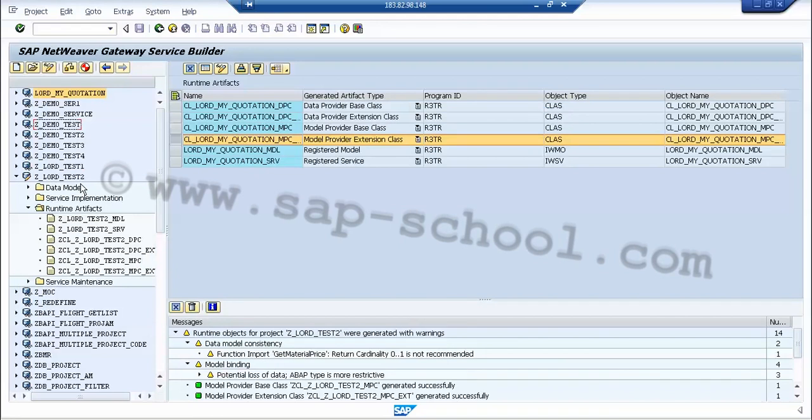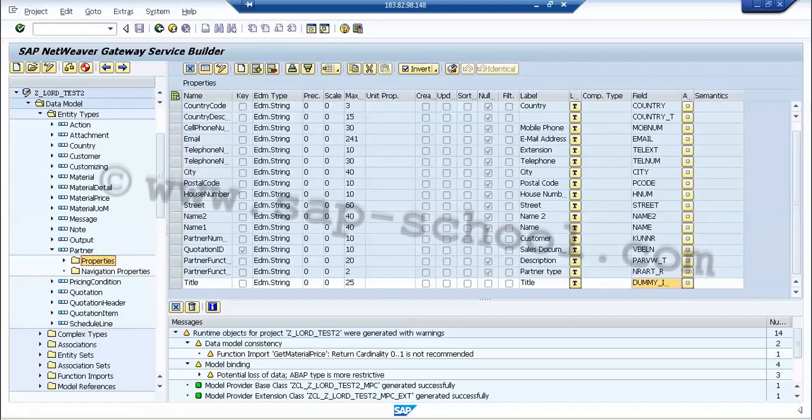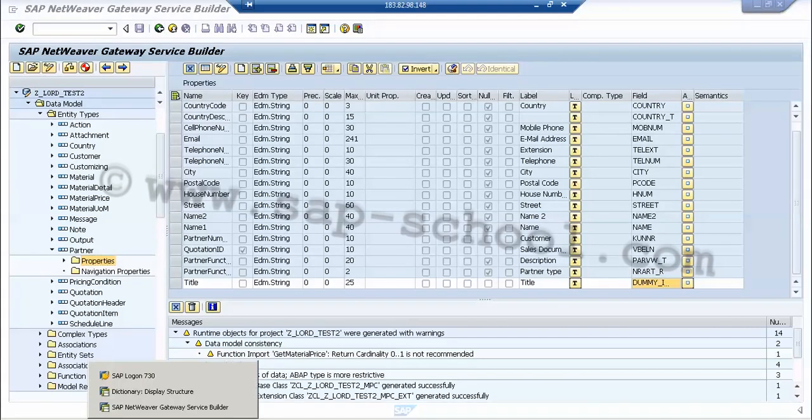Now we'll follow the same process which we did for our extended project with the class Z extension class. In the field under the class interface, we have to enter this one. So what we will do is go back to our backend system.